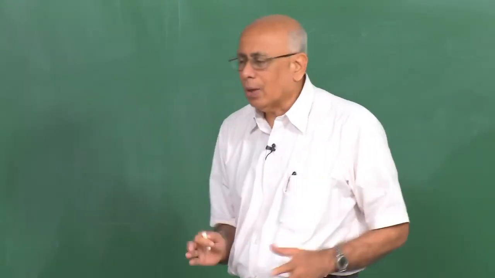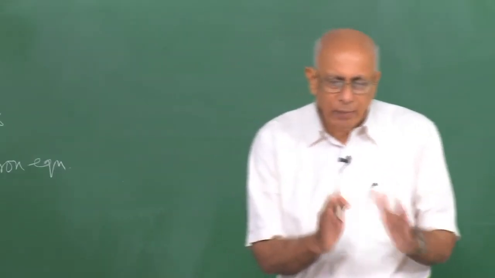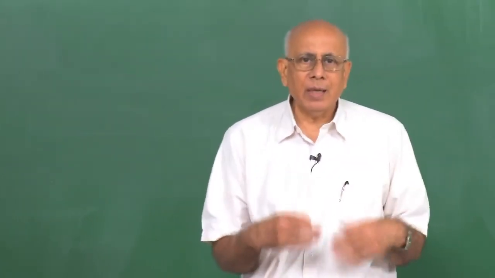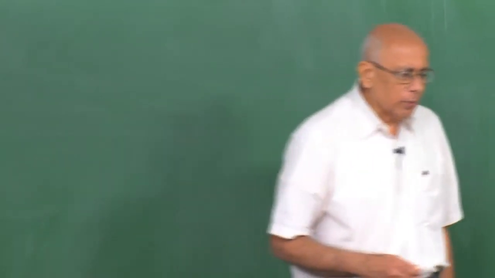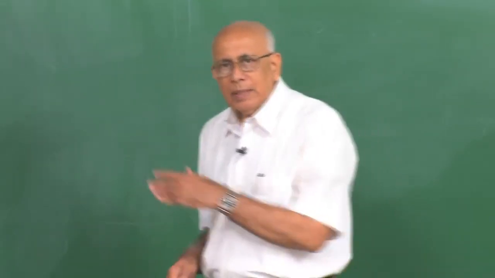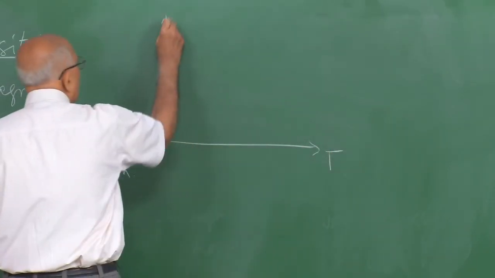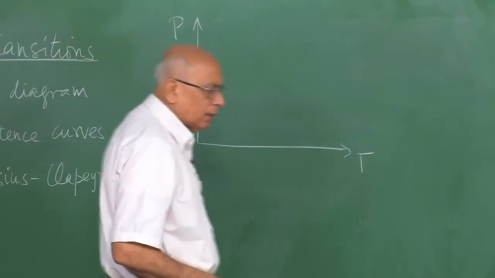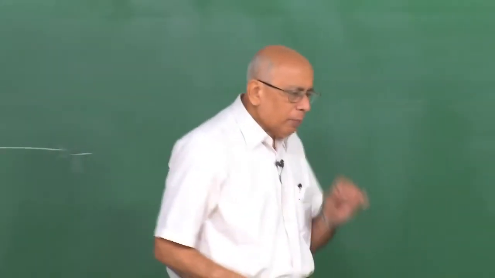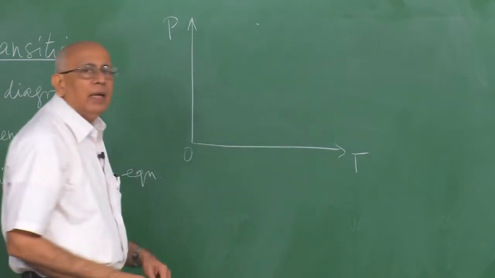So, a generic or typical diagram, which helps qualitatively to understand these changes of phase, is provided by what is called a phase diagram or a PT diagram. And what it means is the following. So, if you plotted the temperature on the horizontal axis and the pressure on the vertical axis, remembering that every point on this plane, on this quadrant, since P and T are positive, any point like this is a thermodynamically stable